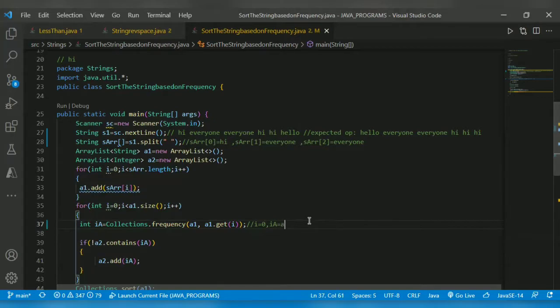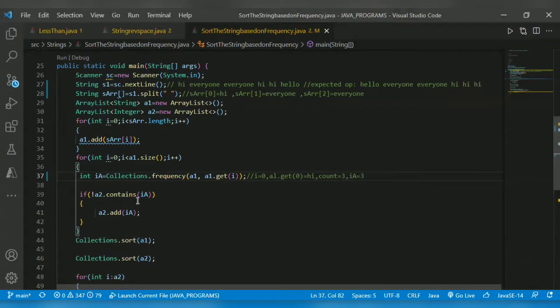AL dot get of 0 is equal to hi, which count is 3. So ia equal to 3.